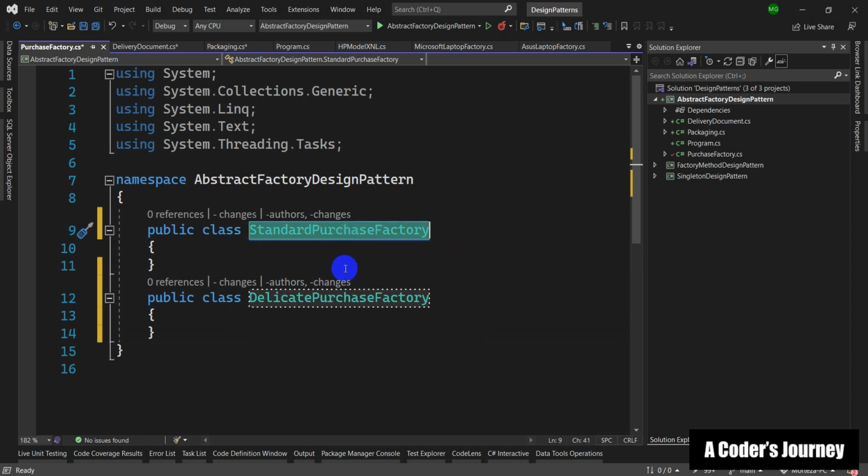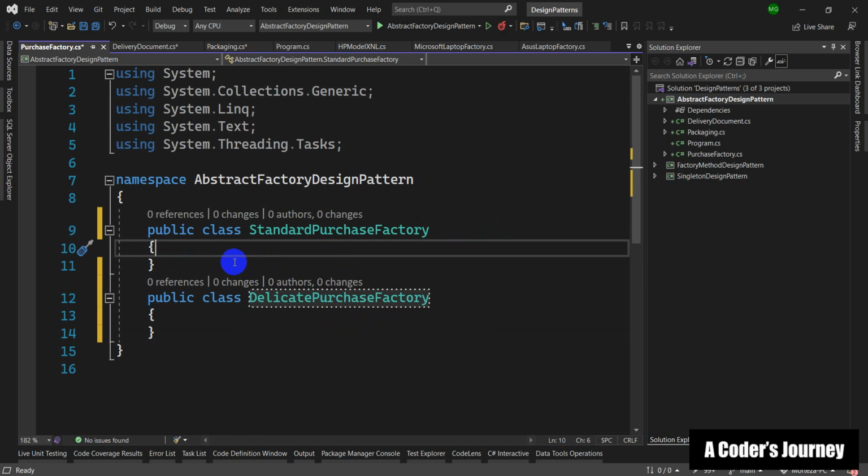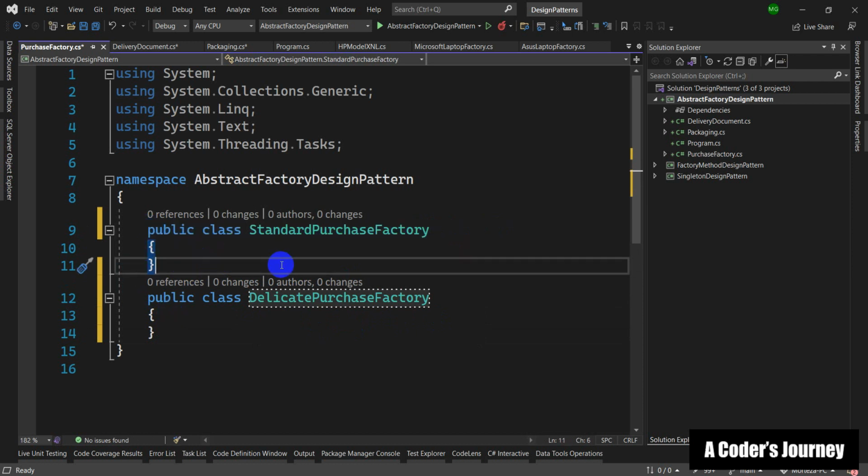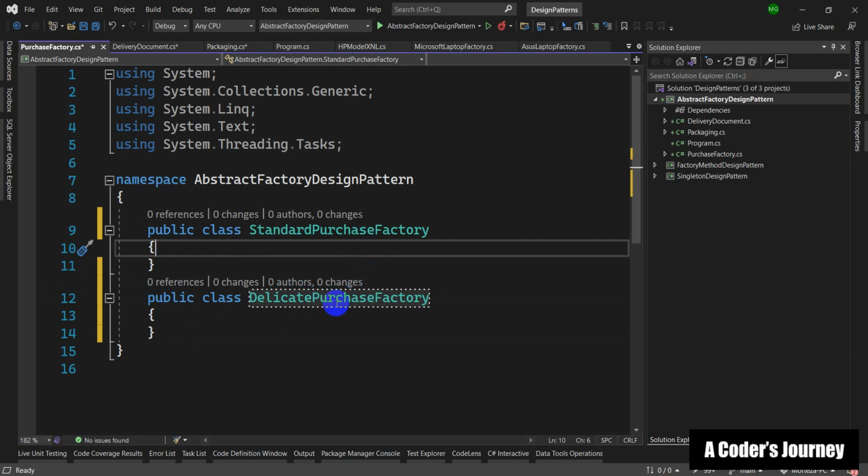And these two types of purchase factories will have two methods, right? Two methods, one of which will produce the packaging, the other one will produce the document. Because the two methods are going to be repeated in these two purchase factories,